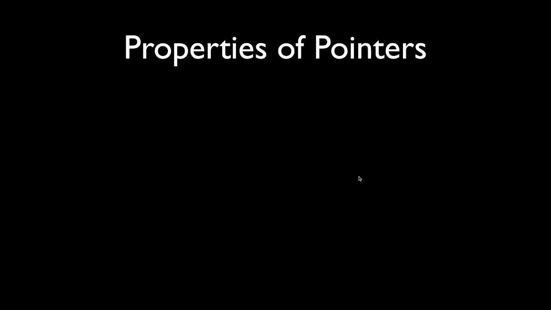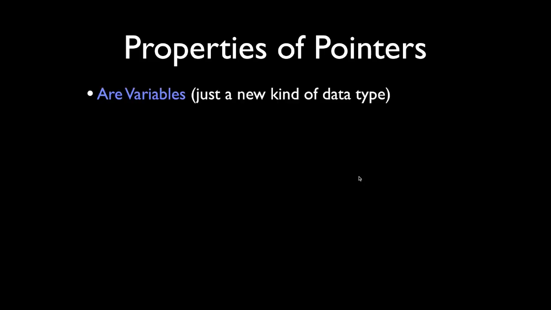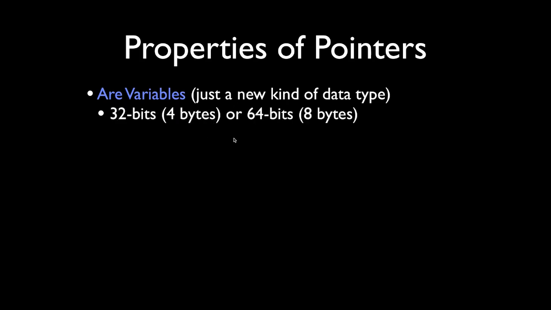Pointers have properties which make them what they are, and I'm going to go over them right now. Pointers are variables. They're just like declaring any other kind of data type. They're just a new kind of data type. That star takes it from being the data type you put in front of it, such as int, to being a pointer. All pointers are the same size. They're 4 bytes or 32 bits on a 32-bit architecture and twice that on 64 bits. It doesn't matter if you have a pointer to a toilet, a banana, a man struct, or any kind of structure or an array. The pointer itself is always the amount of bytes of the architecture of the machine.